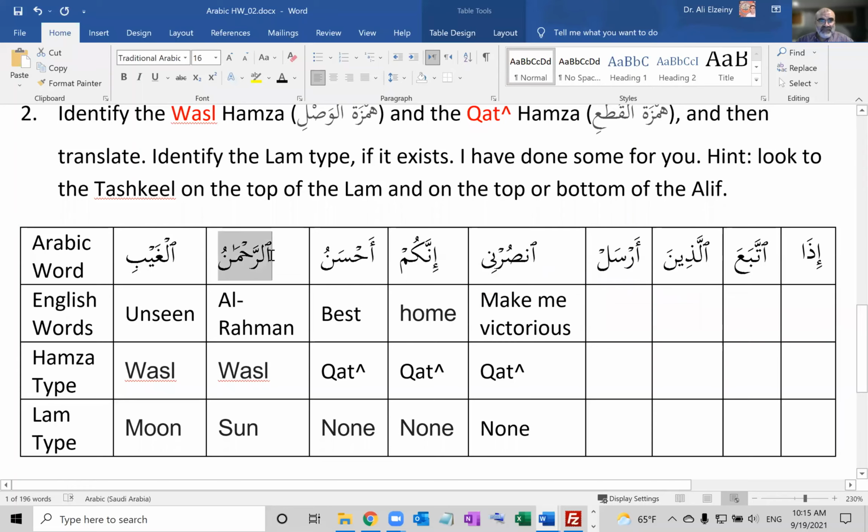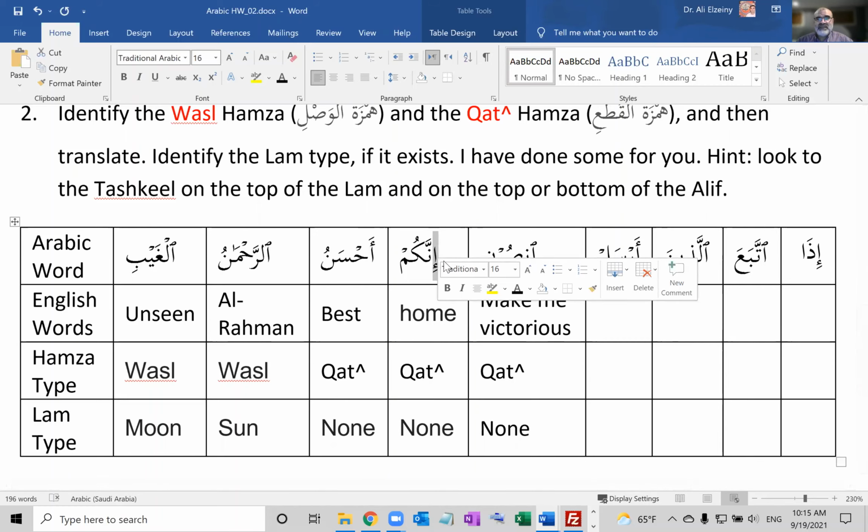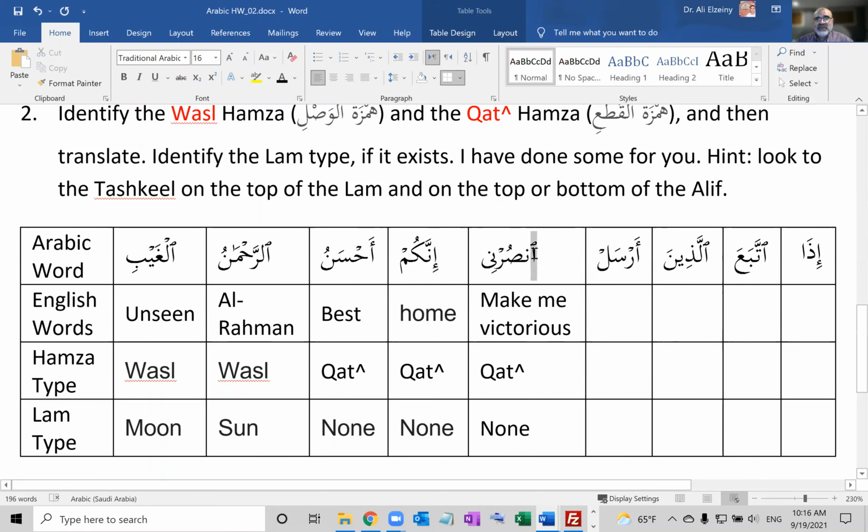So this one, it's Hamza al-wasl, because of the mark. Look at the top of the alif. Here it's Hamza al-qata, because on the top of the alif there is an actual Hamza. And here it's an actual Hamza, so it's qata. Here it's not an actual Hamza, it's Hamzatul Wasl, so it's a wasl Hamza, and so forth. This way you can tell which is which. Okay,